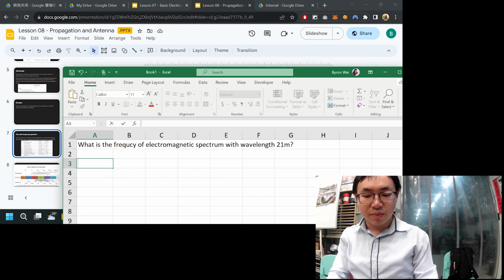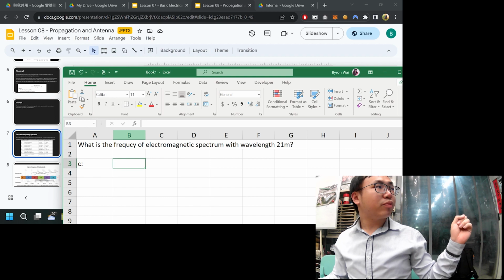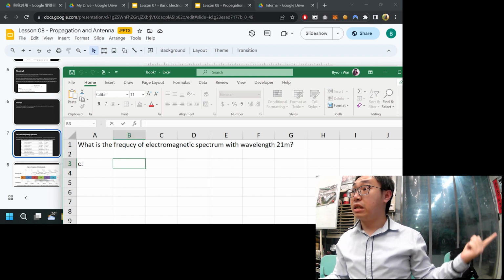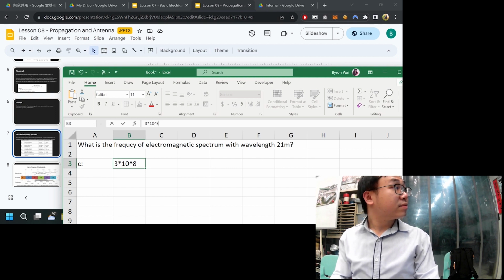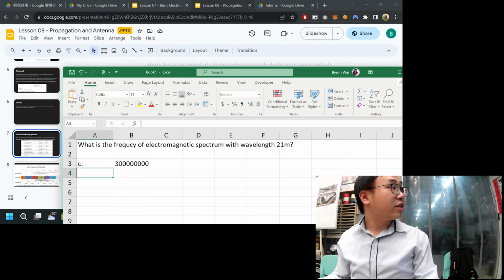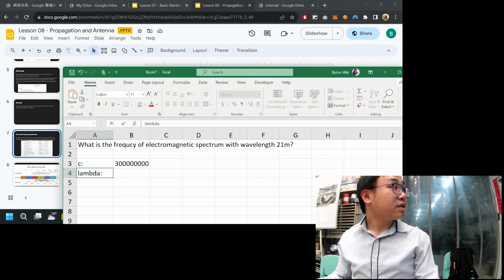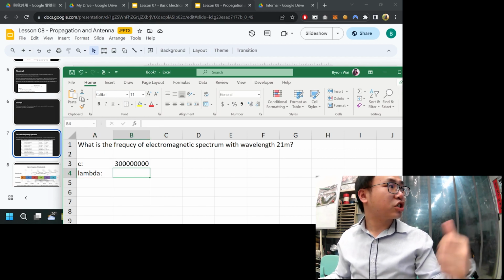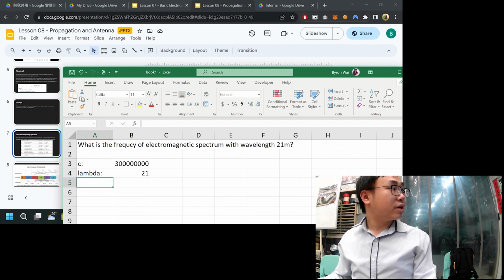So we have C equals to... yes, you have to know what is C. Usually for wave we just use V, but speed of light we will give it a character called C. So C is speed of light. Actually I don't know, so I will just do the calculation here. And wavelength is lambda, which is like a Chinese character, okay? 21, right? So the frequency will be